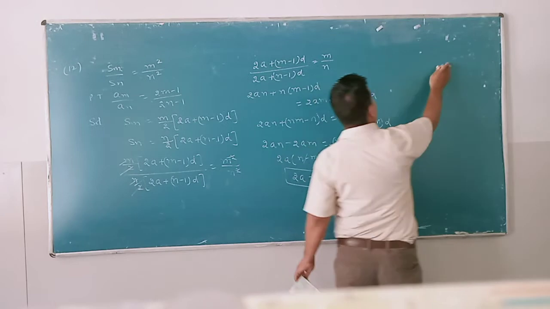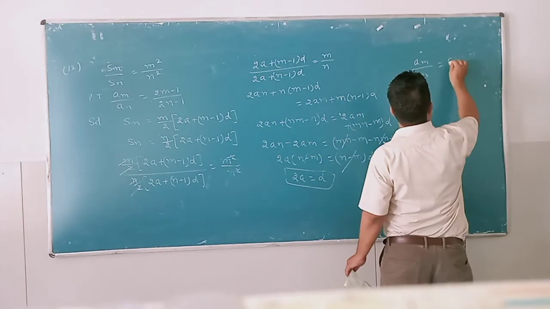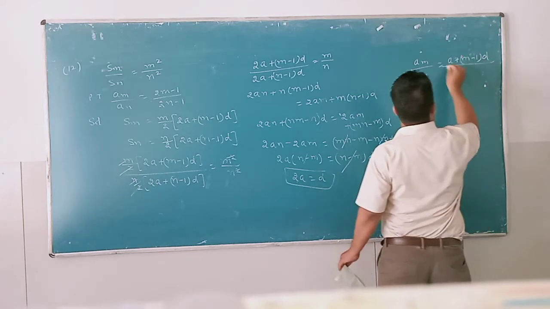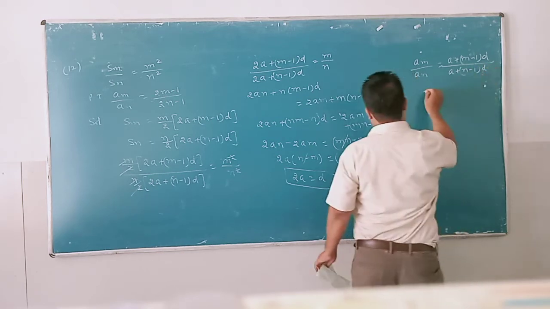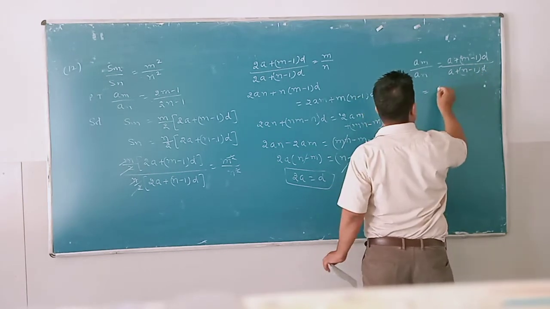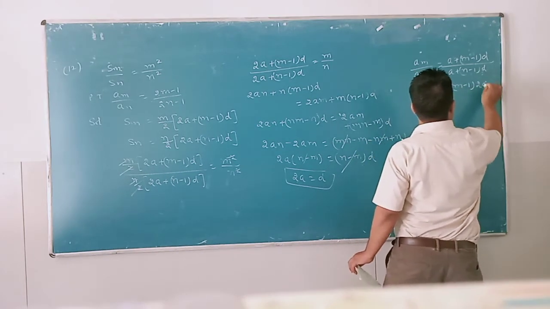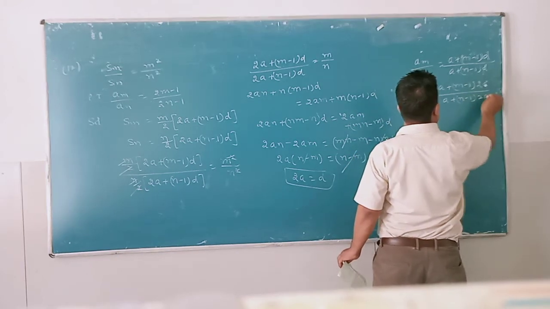And when we write am by an, am is a plus m-1 into d and an is a plus n-1 into d. When we put the value of d, which is 2a, here,